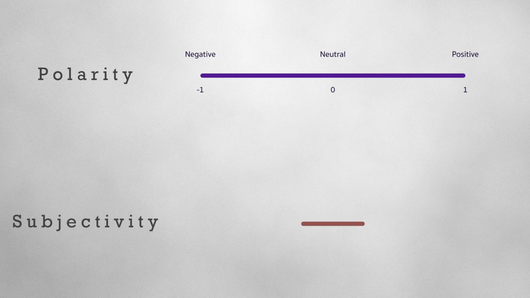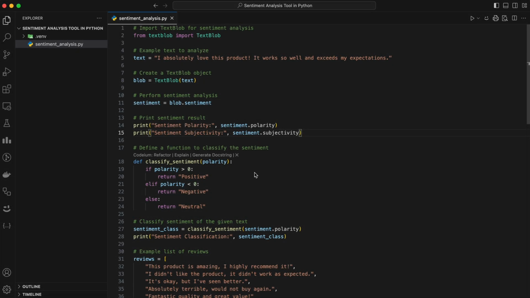Polarity ranges from -1 to 1, where -1 is very negative, 1 is very positive, and 0 is neutral. Subjectivity ranges from 0 to 1, where values closer to 1 indicate a more subjective opinion, while values closer to 0 are more objective. Let's make this tool even more useful by creating a function called classify_sentiment that interprets